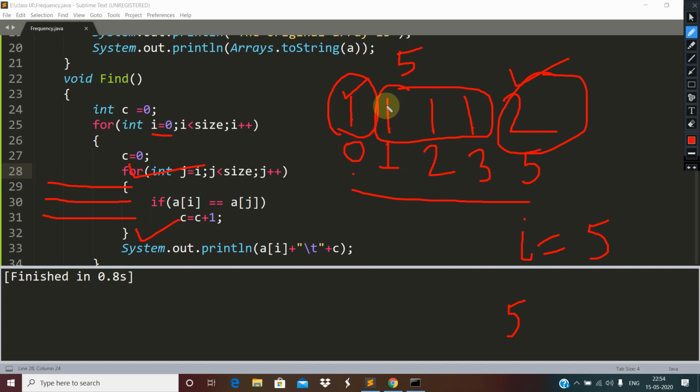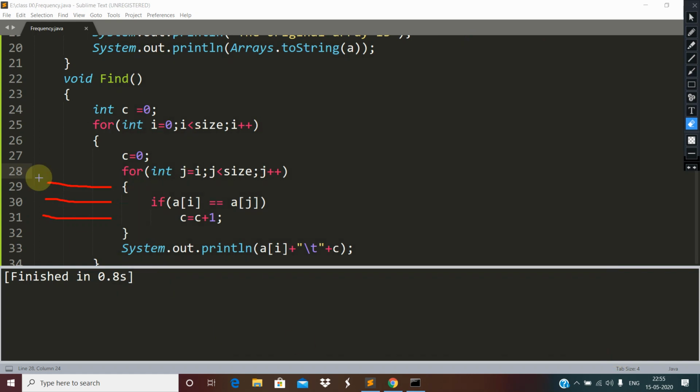So when we are counting the frequency of this one, the j loop starts from 1, that's why it was coming 3. And when we are counting the frequency of this 1, that's why it was coming 2, and when we are counting the frequency of this one, that's why it was coming 1. But I told you that we need not count the frequency of these elements. If we ignore them, then what will happen? The output will be 1 4 times, and then the second row will be 2 1 time. It means this loop which I have kept here, j will start from i, and it's working fine. So here now what to do is